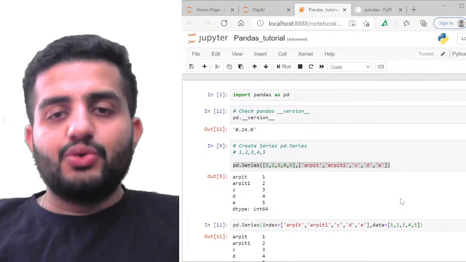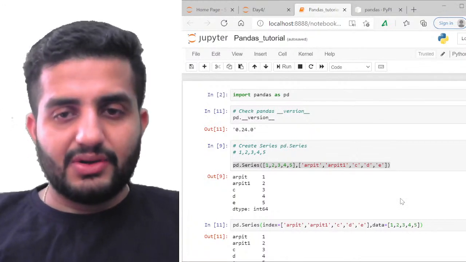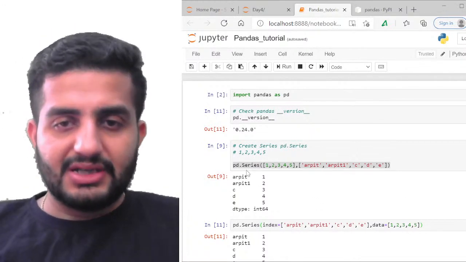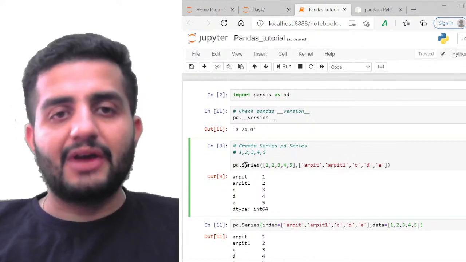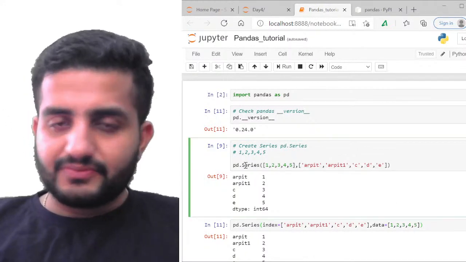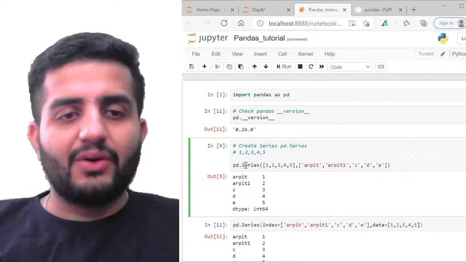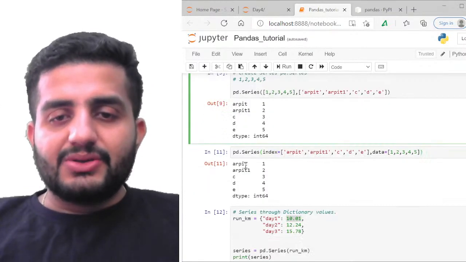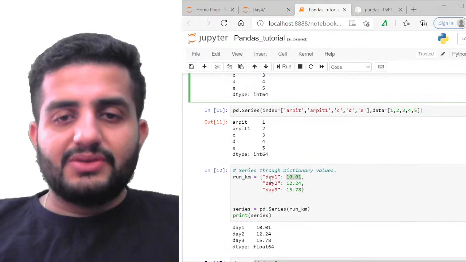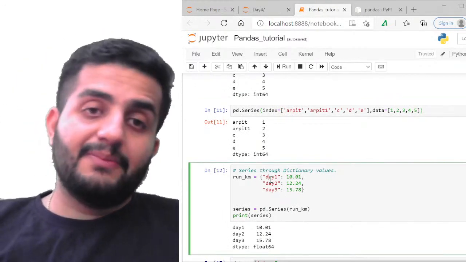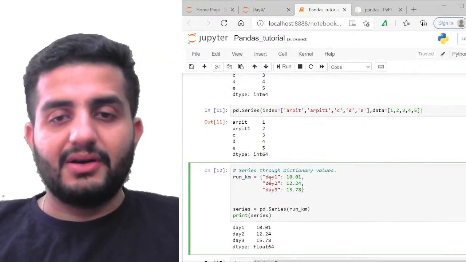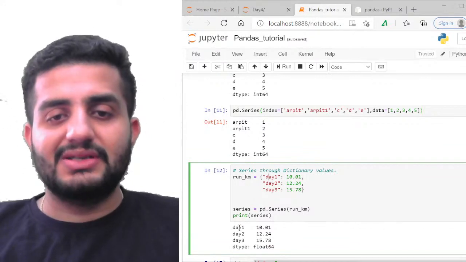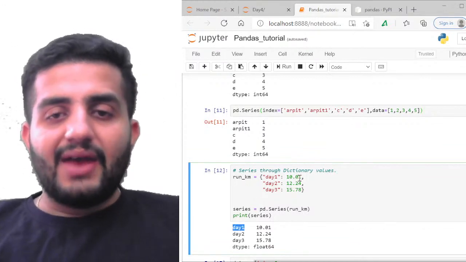Then we studied how to create the series, right? Different ways of creating the series using the series function, multiple arguments, data, index, ordering of it, when it is required, when ordering is not required, and all that. And then we covered the dictionary. We know that the keys are taken as my specific input indexes, so the keys will be my index and the values will be my data points.